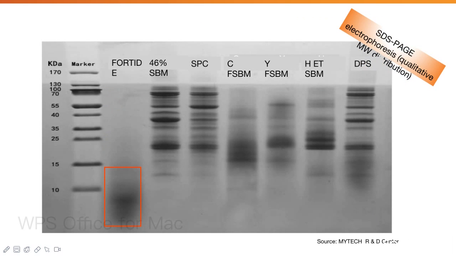The second method is SDS-PAGE electrophoresis, which is a method for qualitatively determining the molecular weight of protein in different substances. From this figure, we can see the proteins in our functional enzymatic proteins are mainly concentrated in the region of 10,000 Dalton, while other animal proteins, enzymatic or fermented plant protein are in a large molecular weight range,